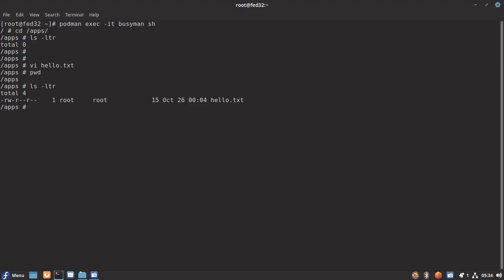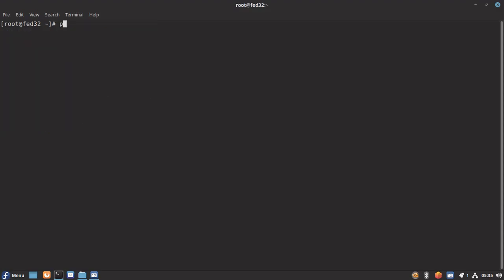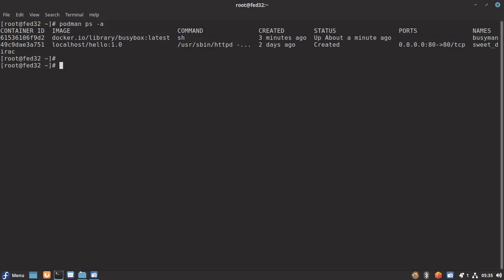So what we will try to do is destroy this container and first see whether our persistent data is available in the volumes folder that has been created on the host machine. Okay, so let's exit from this container first, and let me destroy my container. First I need to stop the busyman container.